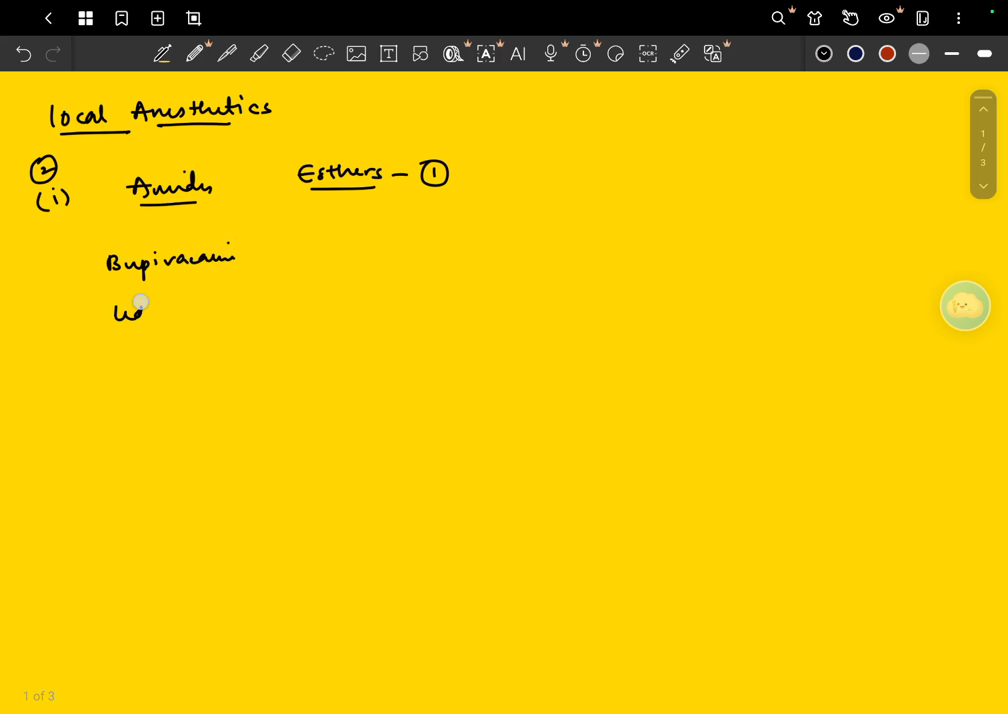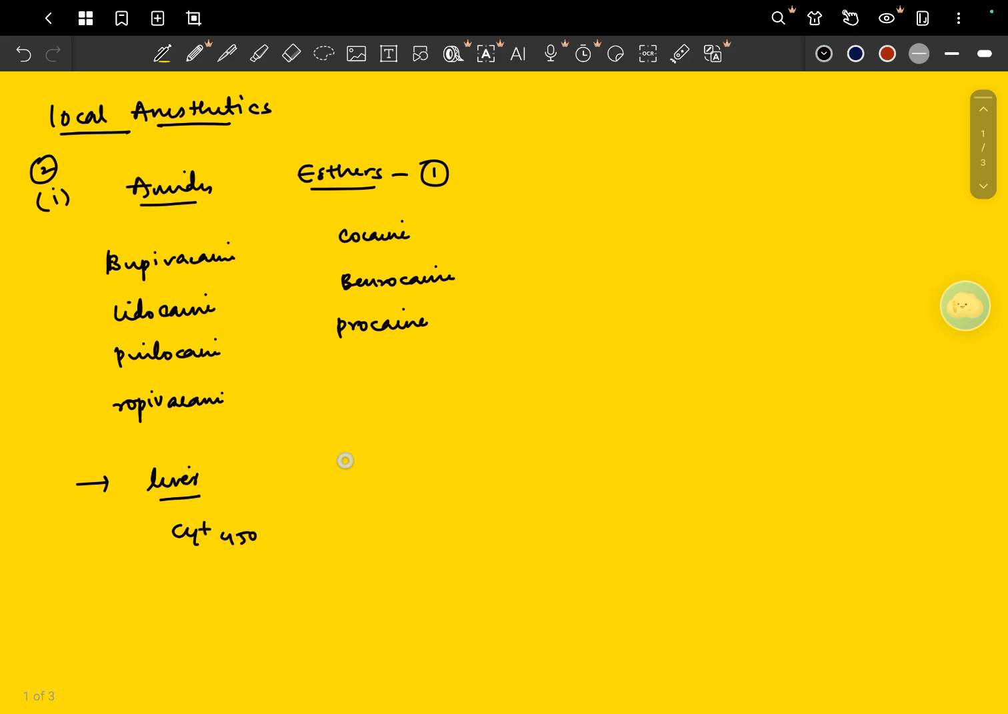Then we have lidocaine, prilocaine, and ropivacaine. Here we have cocaine, benzocaine, and procaine. So these are examples. Now coming to metabolism, so amides are metabolized in the liver by cytochrome P450, and